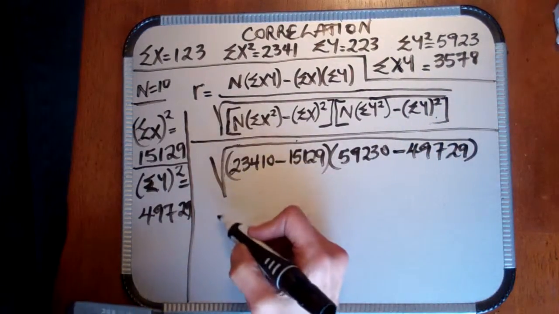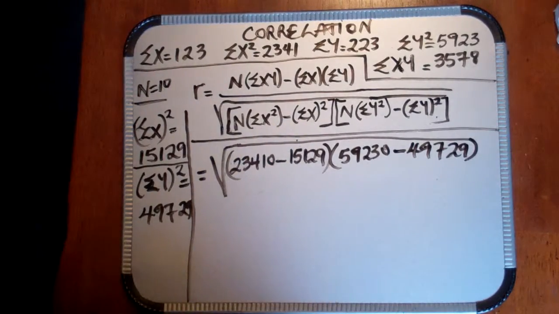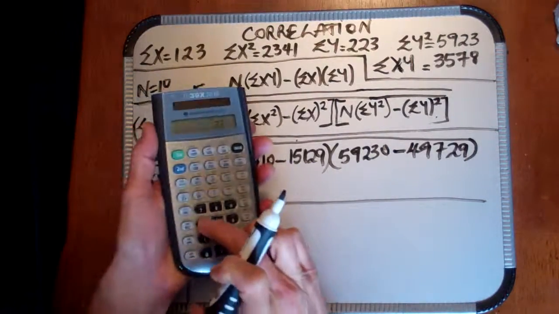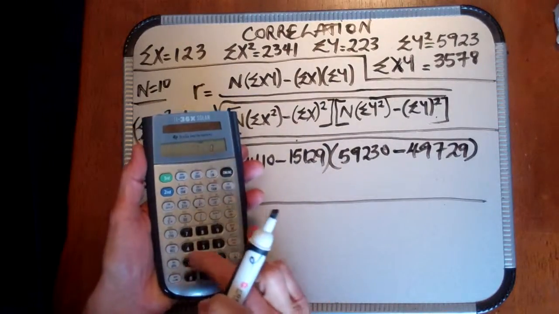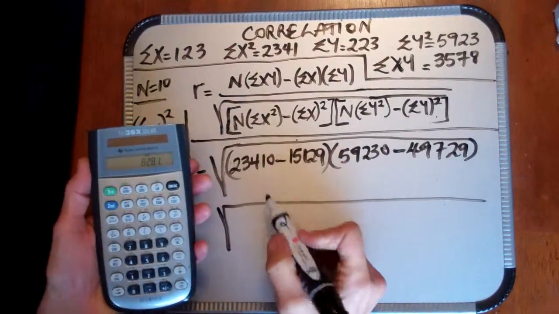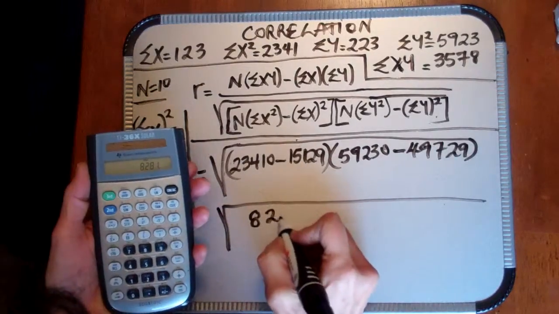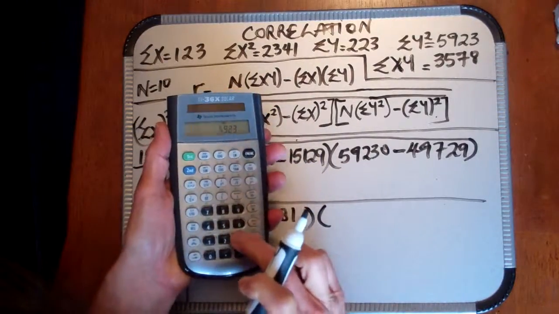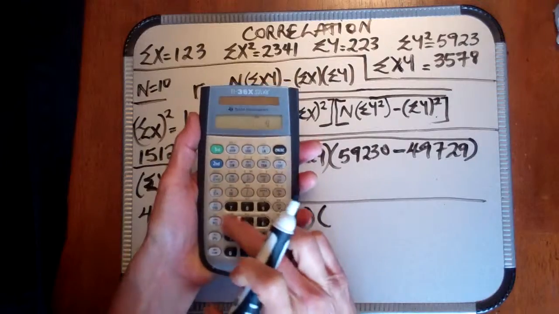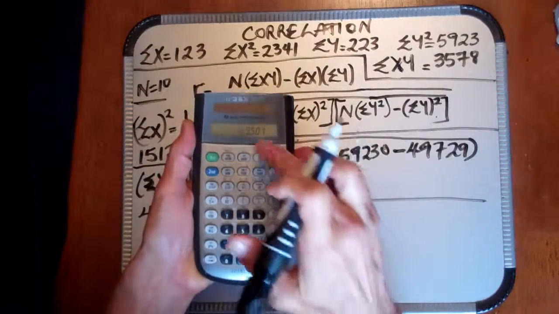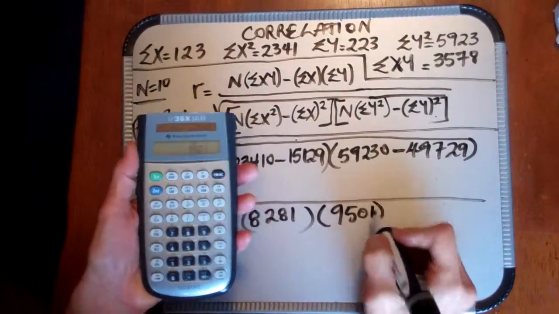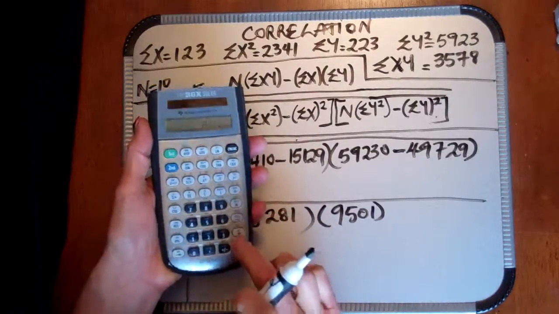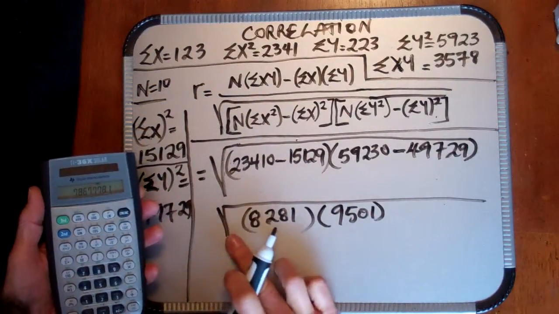Oh, that's starting to look a lot easier, right? And of course, we're working only on the denominator now. So let's just do this. We have 23,410 minus 15,129 equals 8281. We're going to take that times 59,230 minus 49,729 equals 9501. Now, of course, when you multiply these numbers, you're going to get a very large number. Don't be afraid of that. All right, so now we're going to need the square root of